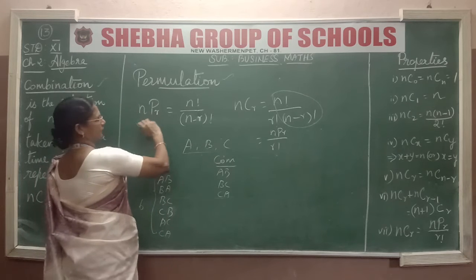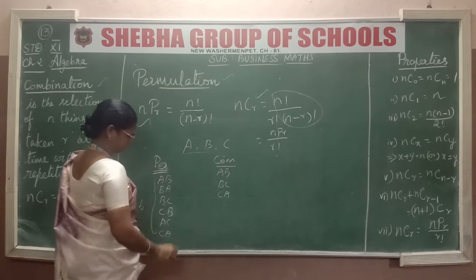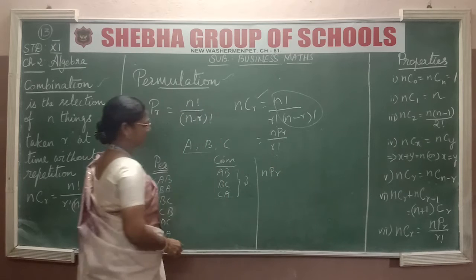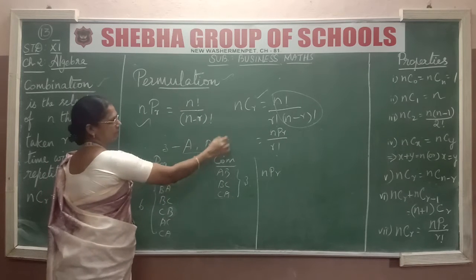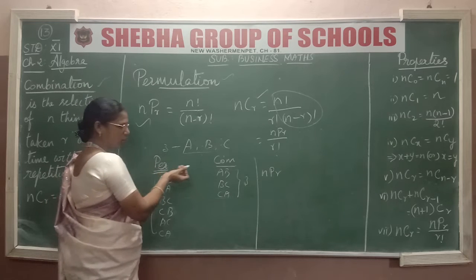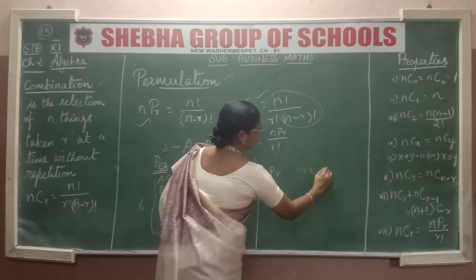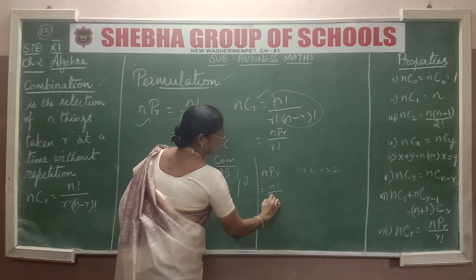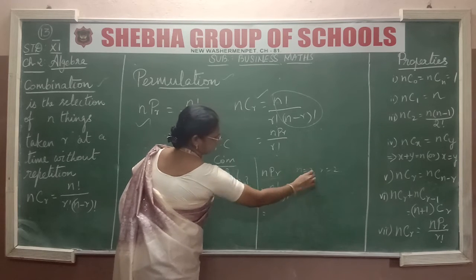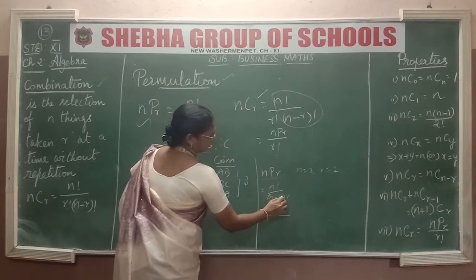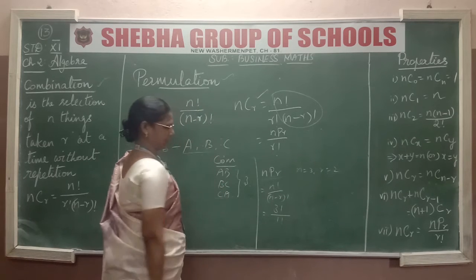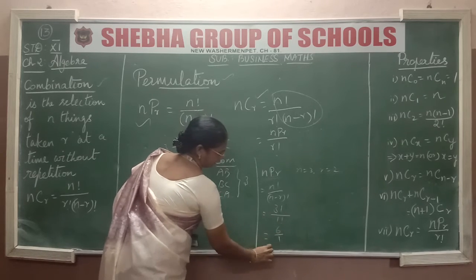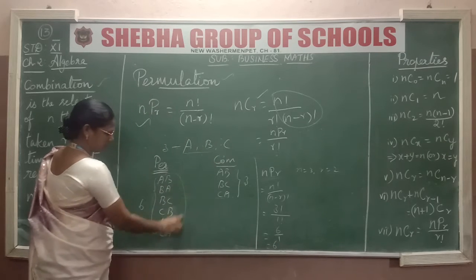Let us see how we prove this using the formula. This is 3 elements, isn't it? Listen, nPr. Here n is 3, the total number of elements, and we take only 2, so r is 2. So nPr is equal to what? nPr is n factorial by n minus r factorial. What is n? 3. 3 factorial by n minus r, 3 minus 2, that is 1 factorial. This is equal to 3 factorial is 6 and 1 factorial is 1. We get 6. So there are 6 elements in the permutation.